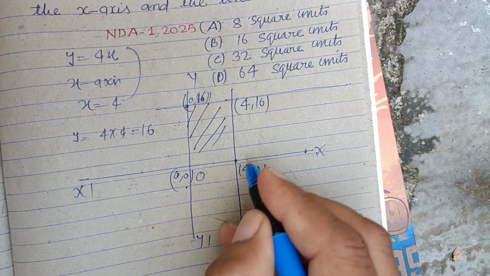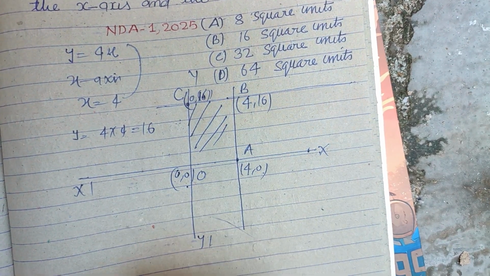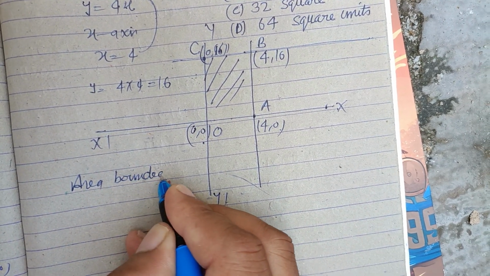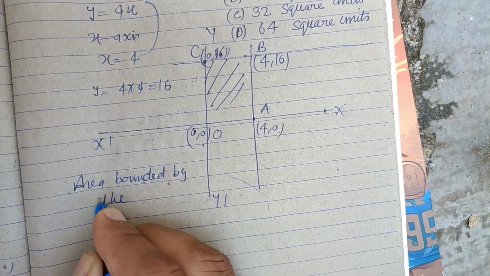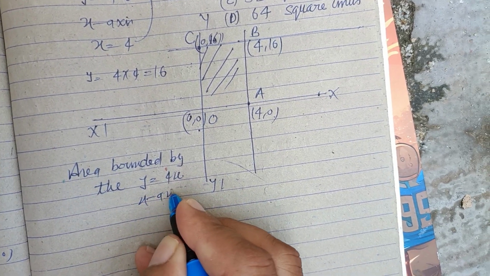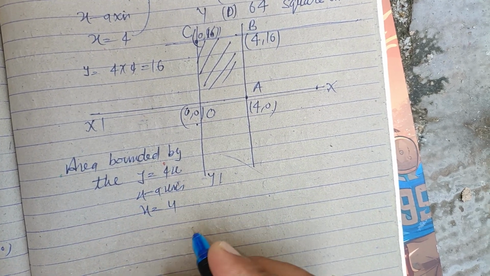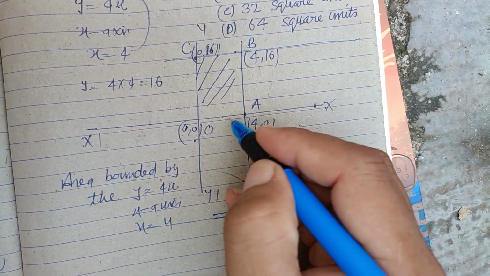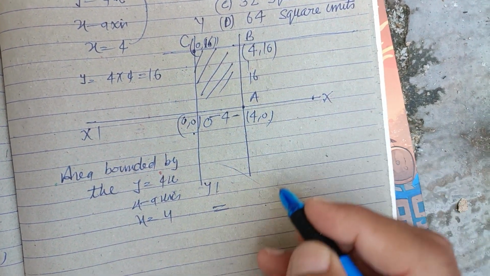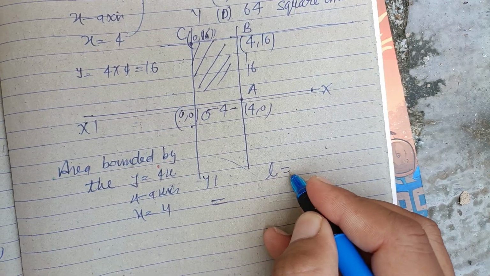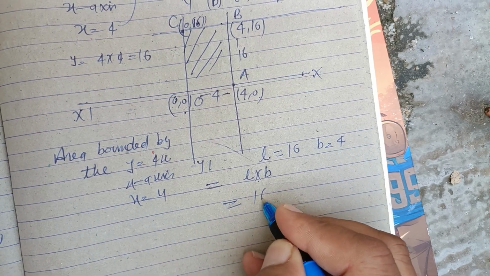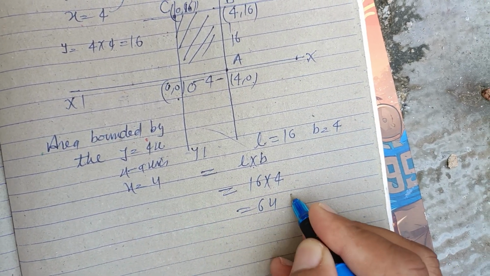So we have a rectangle. If we take O, A, B, C, then the area bounded by y equal to 4x, x-axis and x equal to 4 is equal to this area. This is 4 and this is 16. So length is 16, breadth is 4. So length into breadth is the area. 16 into 4, that is 64